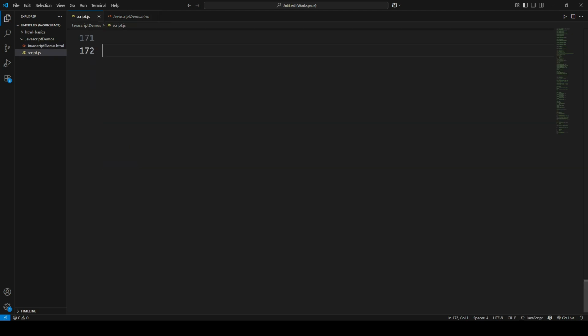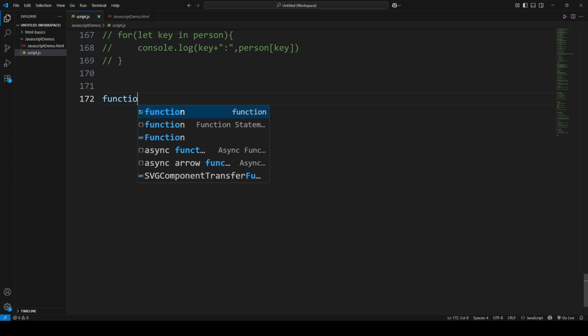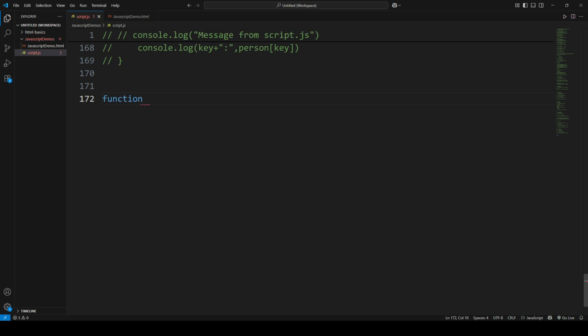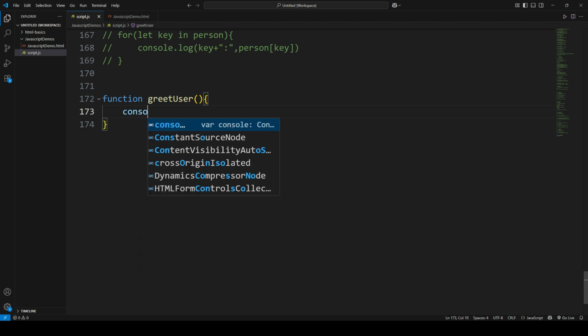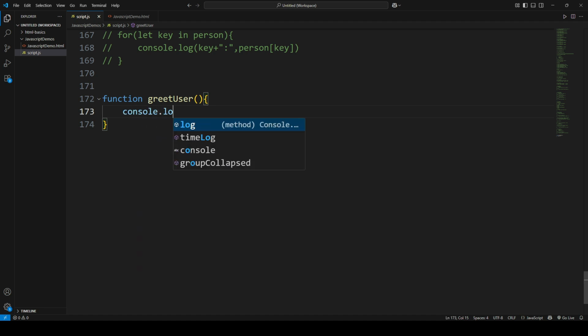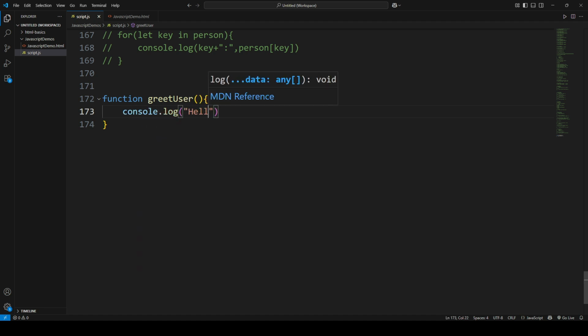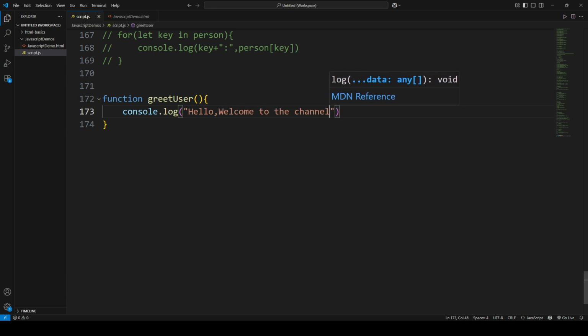So to declare a function, we have a keyword function, and after that we need to say the function name. So I will just say greet user, and we need to give the parentheses like this. To write inside the function, we need to add the curly braces like this, and we can write whatever code we need. So simply now I will just log console.log hello, welcome to the channel. So I will just save this and go to